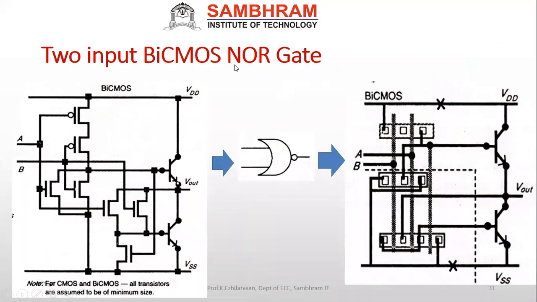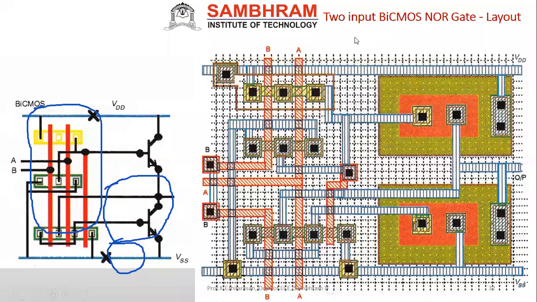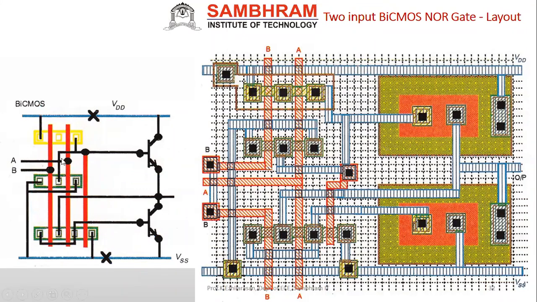Next, 2-input BiCMOS NOR gate. See, the same way I have to say here. What is this? Simple, this will be your CMOS structure. Then this will be your NMOS array separately, because see, this complete CMOS, this NMOS array, then one additional extra NMOS, and same as the previous diagram, we use the corresponding stick diagram here. Then this is the respective layout, the NOR layout, same in the colorings. NOR stick diagram we are showing here.